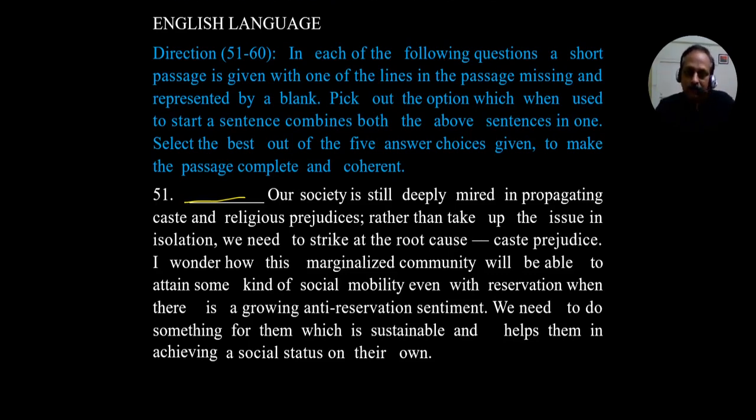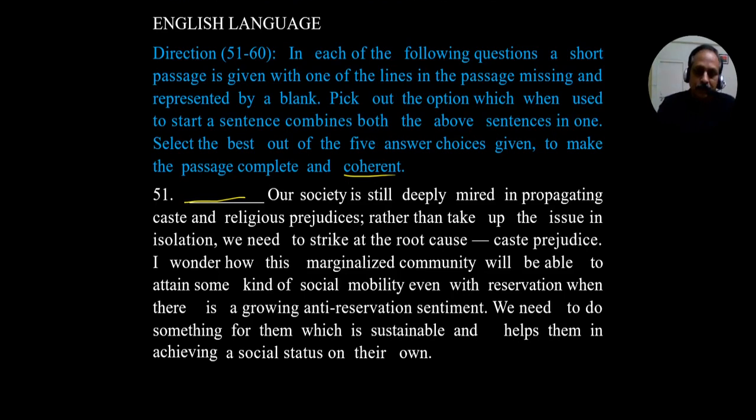Coherent means, that's an important word, it goes with writing. When it comes to writing, we use the word coherence. Coherence means smooth and logical flow of sentences. The sentences should flow in a smooth manner, in a logical manner. And how do the writers achieve that? With the help of 2 things. One is with the help of link words. The other one, line of thought. The line of thought is very important.